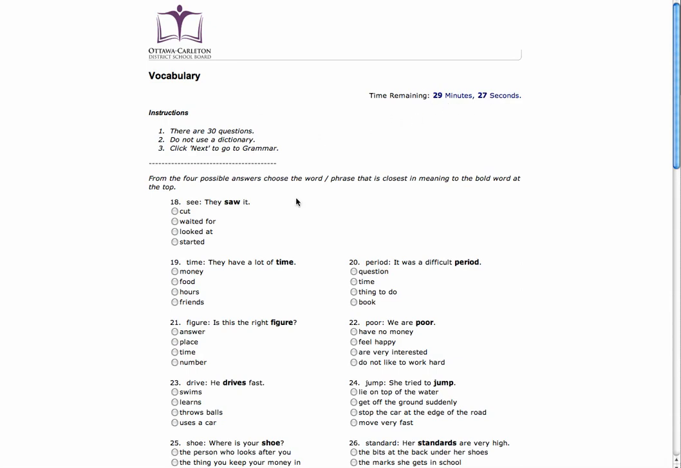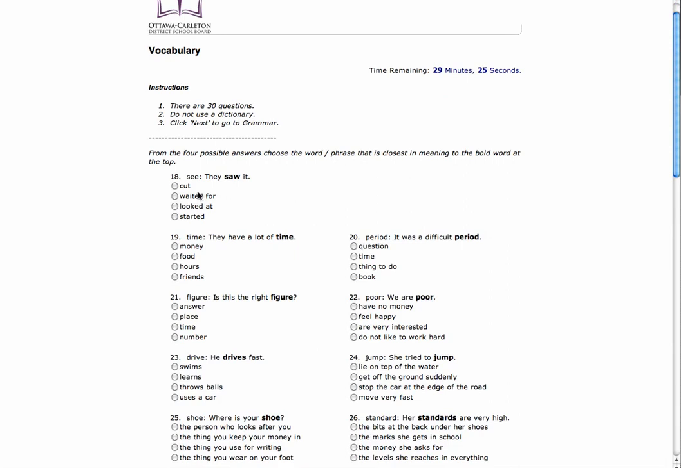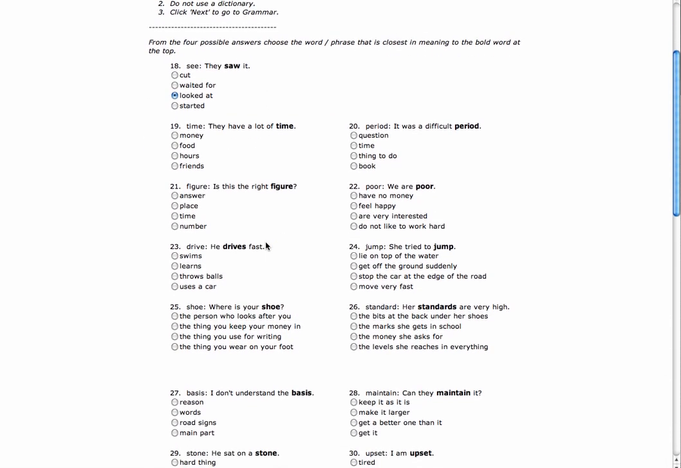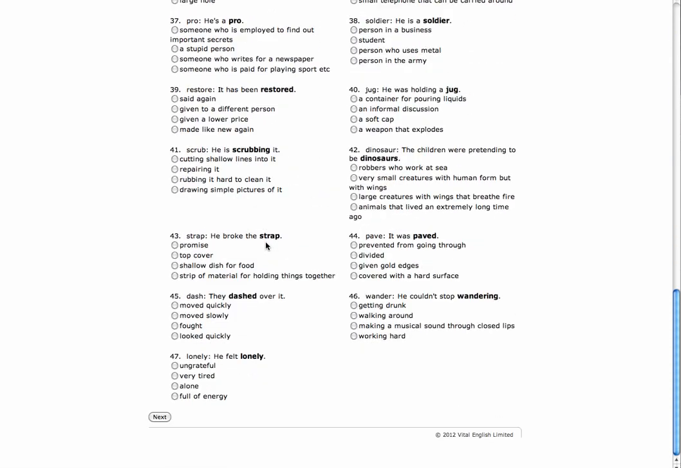There are 30 questions in this section, and again it's multiple choice. For instance, they saw it, cut, waited for, looked at, started, so looked at. And then the questions get progressively more difficult as we go through this. And we get to the end,